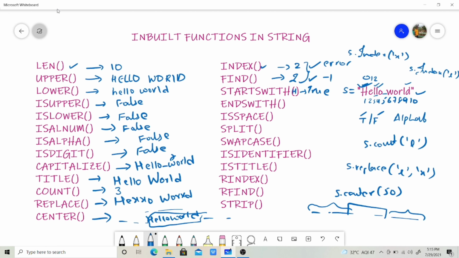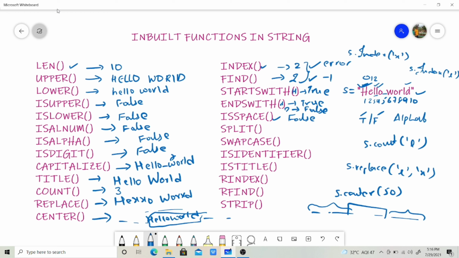If you take the endswith operation, it is used to check whether the string ends with the letter given in the parameters or not. Let us take index endswith D, it will give you true. If you give capital D also, it will return you false. And the next function is isspace. If the string taken contains only spaces, it will return true. Here it is containing alphabets also, so it will return you false.